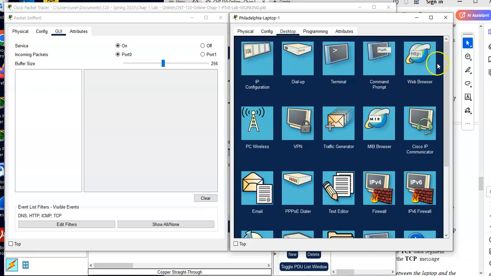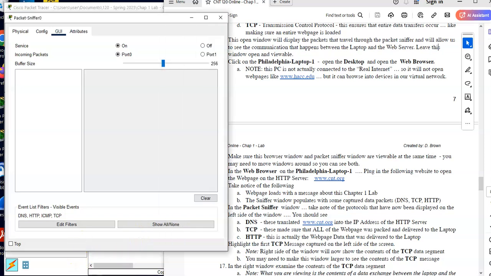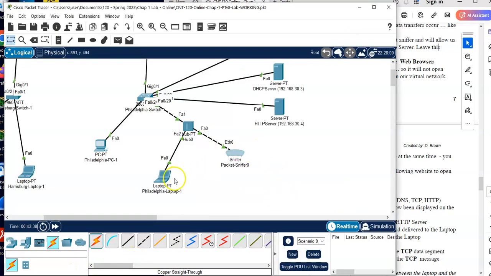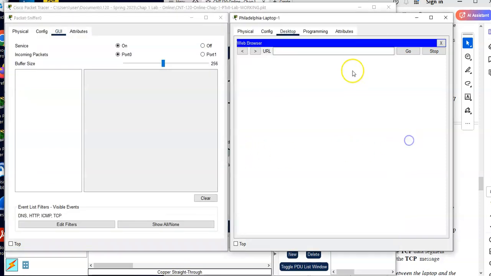I'm going to close that. I'm going to go back to the browser. I'm going to open the web browser that's here. And then I'm going to browse to cnt.org, www.cnt.org. Okay. So I'm going to go back here. I'm going to click on my sniffer. Got to click on, there's my laptop. Yeah, when you click off things, your windows go away. There we go. Okay. So I'm going to type in here